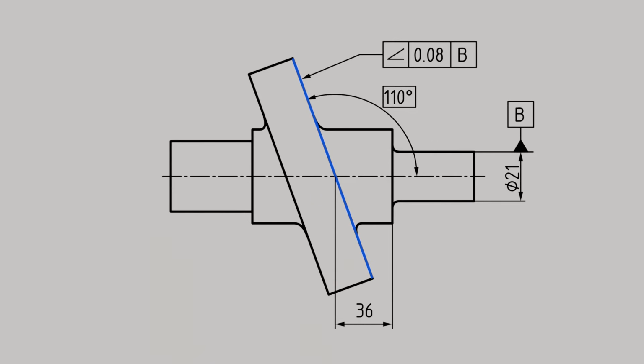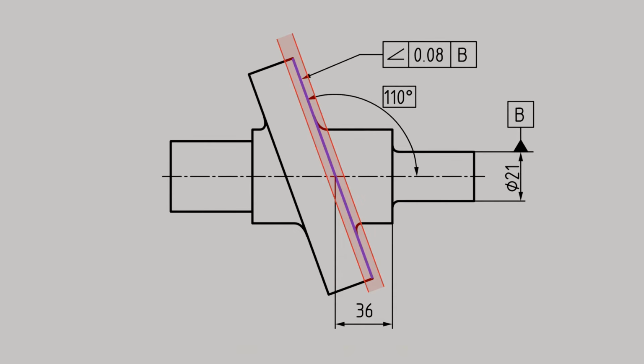For this purpose, we place it accordingly within a rectangular box. As the reference for the angle, we use the center line as a derived geometry element of the diameter and therefore place the datum triangle directly in line with the dimension line. We have now clearly defined the tolerance zone within which the tolerated surface must lie. It is a rectangular tolerance zone determined by two parallel planes spaced 0.08 mm apart, within which the actual geometry